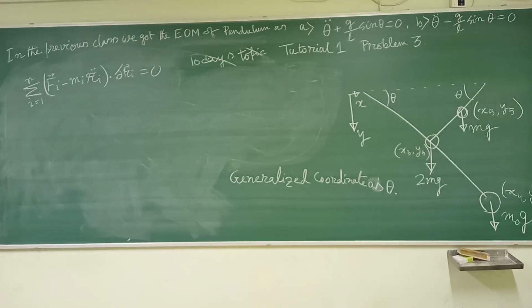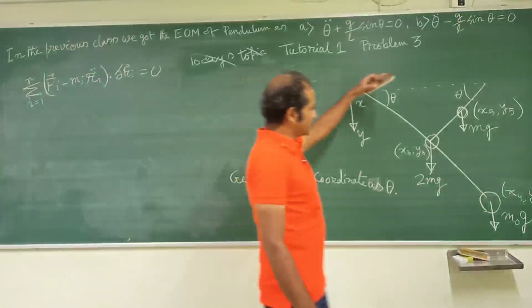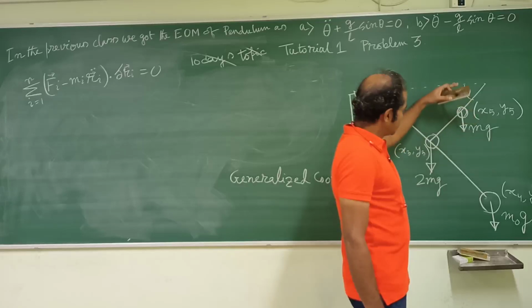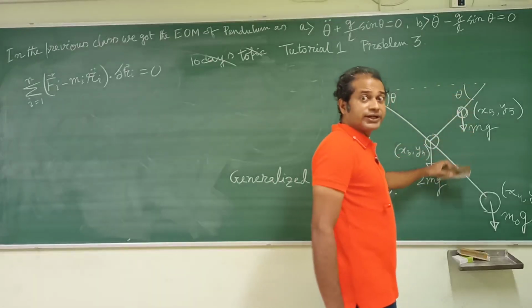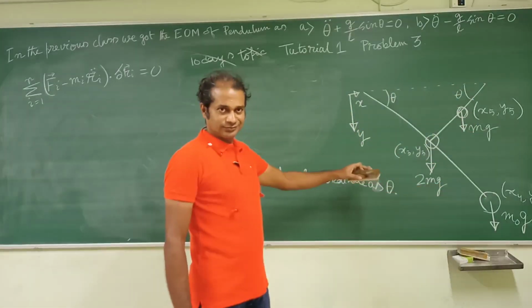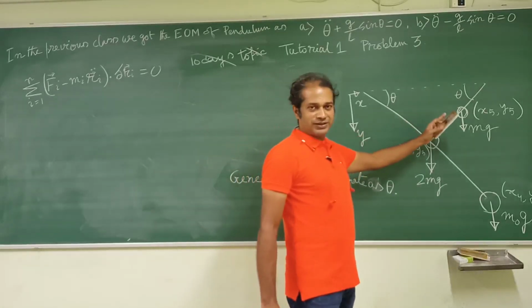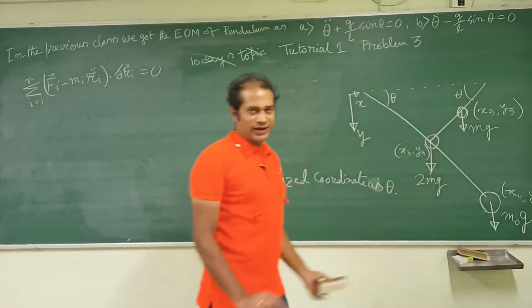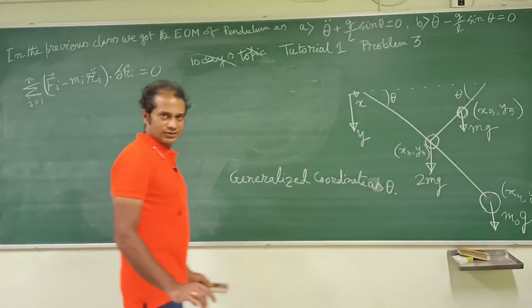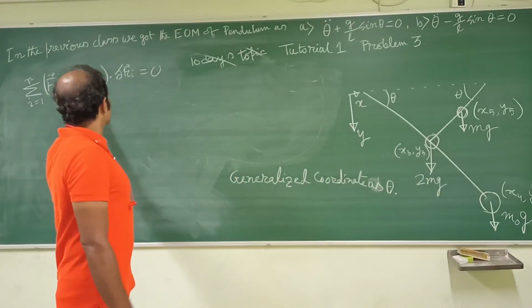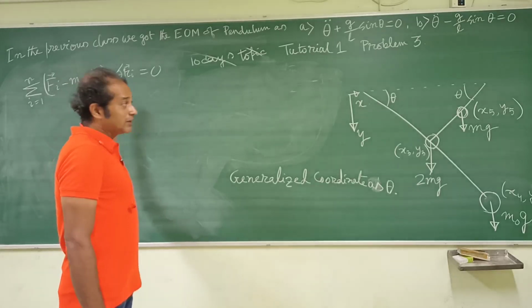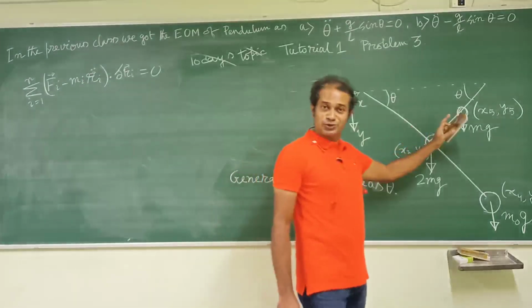I'm just going to start with the general definition. Now what I have to find is the r vector, the position vector. Over here we look carefully that all the forces are along the direction of y. So any virtual displacement along x is not going to matter. It's not going to do any work. And it is a static case, so I don't have to bother about this. But if it is a dynamical case, then I have to look.